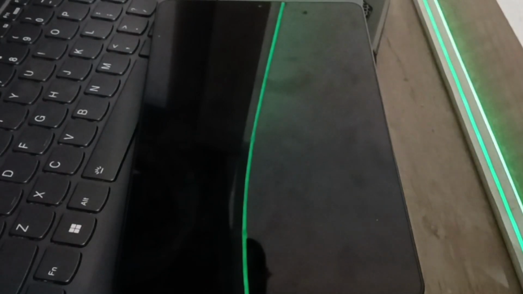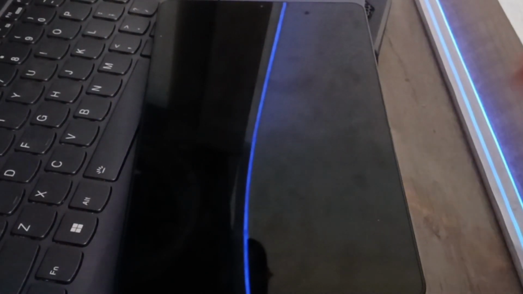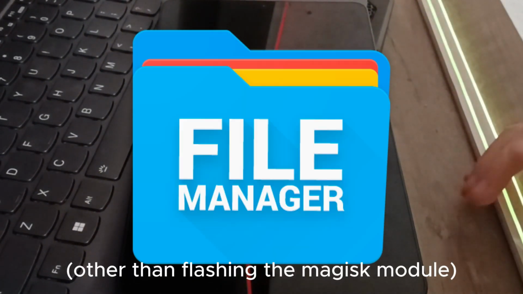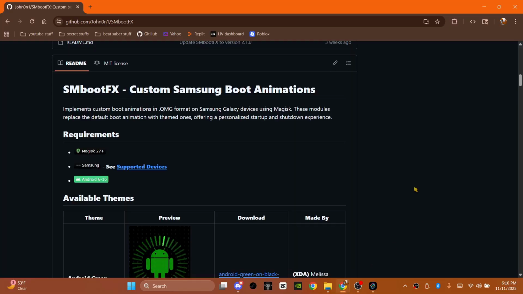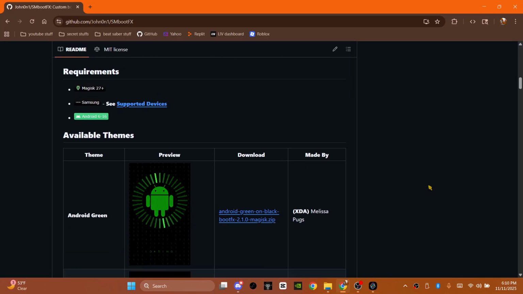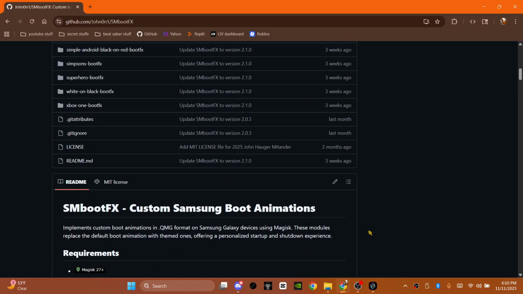Now, usually I make videos about animation and stuff, but I've just found out how to create a custom boot screen without having to go into your files at all. And all you need is a rooted device and a PC. And that's it. Okay guys, so before we start this, I do want to mention that this does use